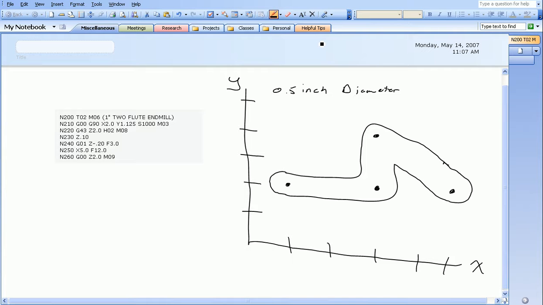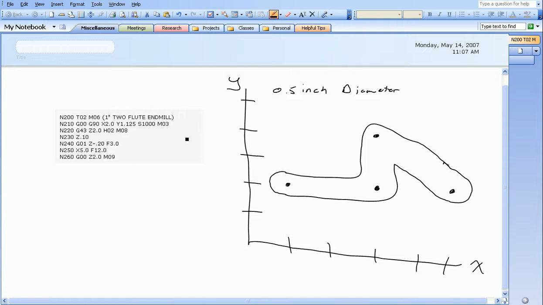This is tutorial number 13, and it covers the slot sequence 2. In this tutorial, we're going to be using the G01 and G90 code to create slots. We're going to try to create this slot in our CNC program. From before, I showed you the template of making a slot, and now we're going to turn the slot that we want to make in this picture into